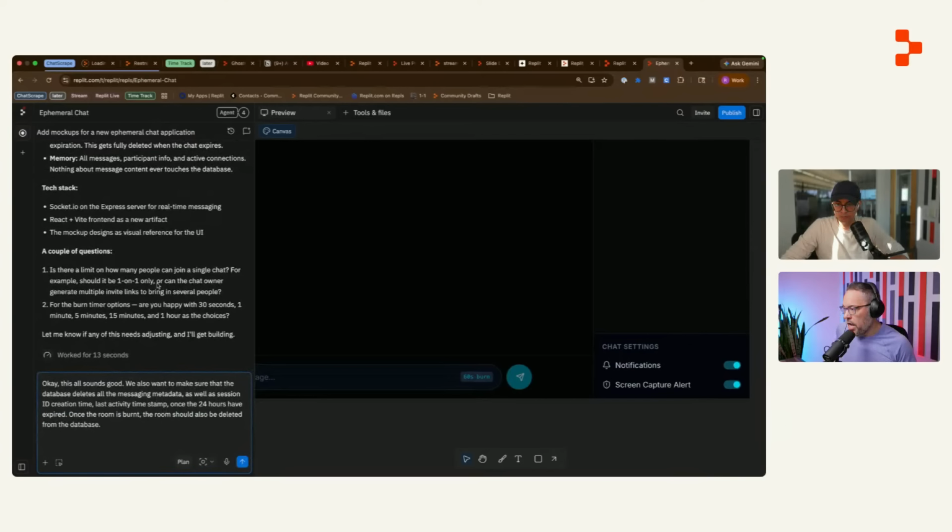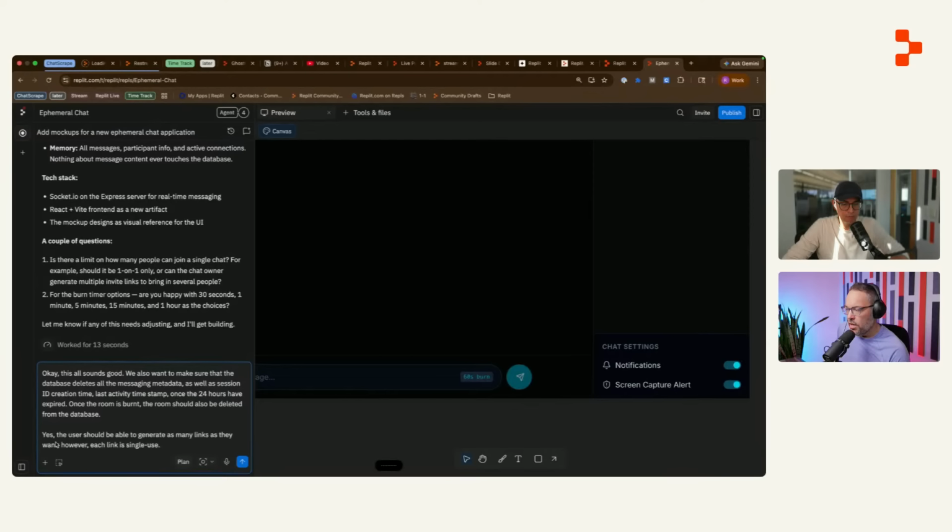It's saying, is there a limit on how many people can join a single chat? For example, should it be one-on-one only, or can the chat owner generate multiple invite links? Yes, the user should be able to generate as many links as they want. However, each link is single use. Maybe the user can generate a group link as well. So maybe there should be a link for single use and a group link